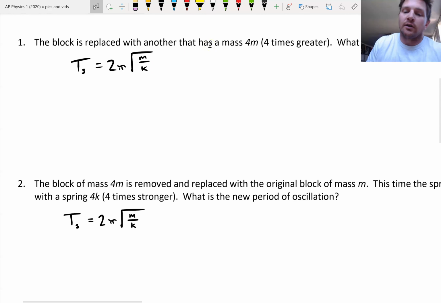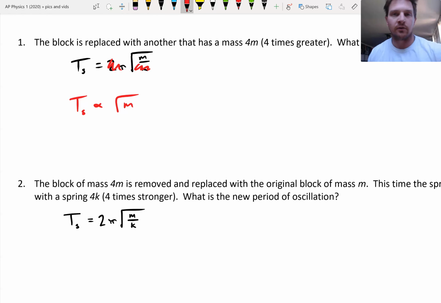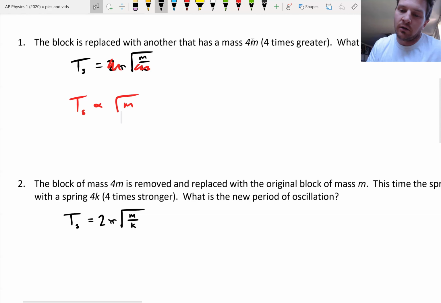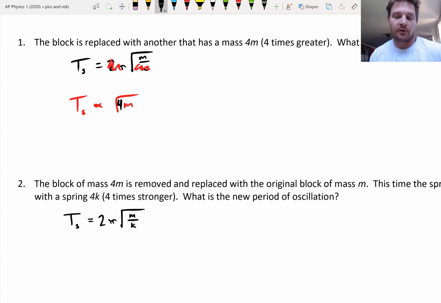So we want to rewrite this. You want to get rid of all the constants and rewrite this as only the stuff that is involving our problem. So the period of the spring is going to be proportional to the square root of the mass. That's all that's left when we got rid of all the constants up here. Okay. Now plug in the new stuff. It now has a mass of 4m. So I'm going to write a 4 in here. And I want to see what's going to happen when I now simplify this thing. So I have the period of a spring,